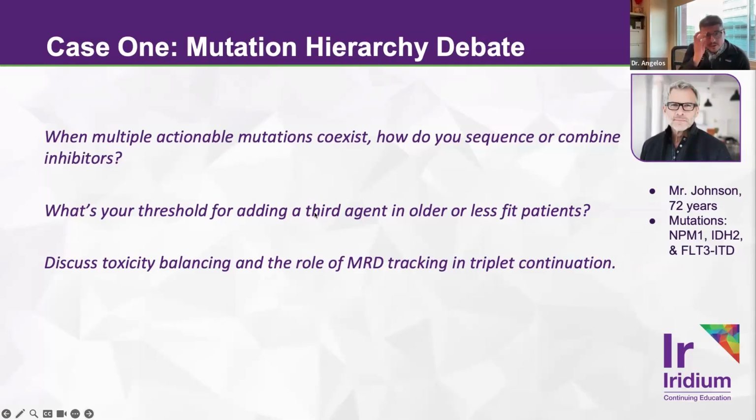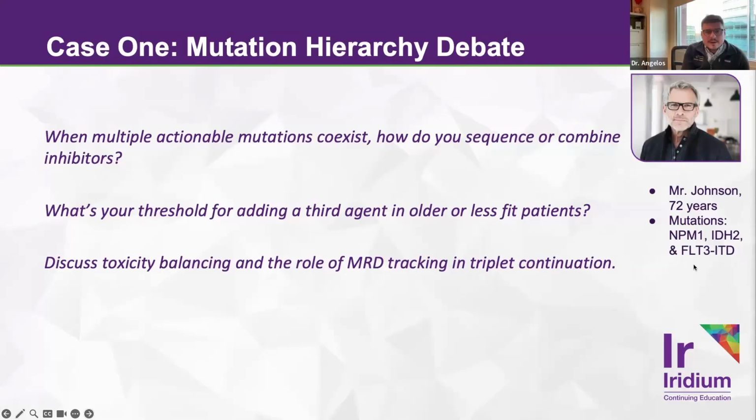And so for this individual, what I would propose is we would start here with one cycle of aza-ven, see if they're in an MRD negative remission. And if they're not quite there at the end of cycle one, if they're doing well and they've had adequate count recovery, I would likely propose adding in gilteritinib as a triplet therapy for cycle two, just to see if we can get them into an MRD negative state prior to their transplant.